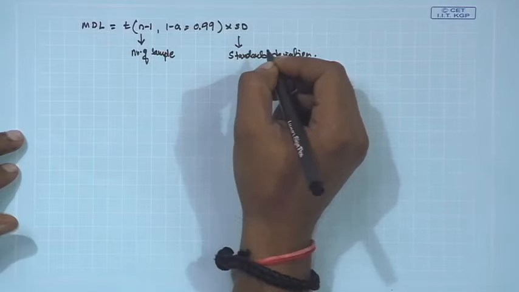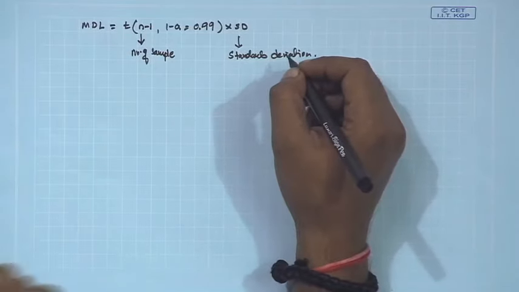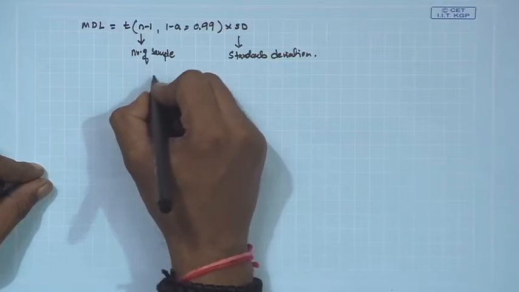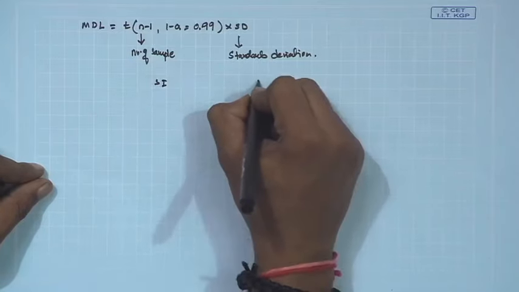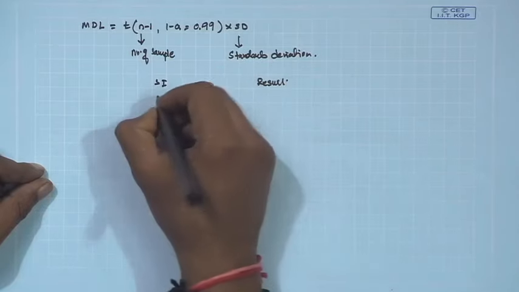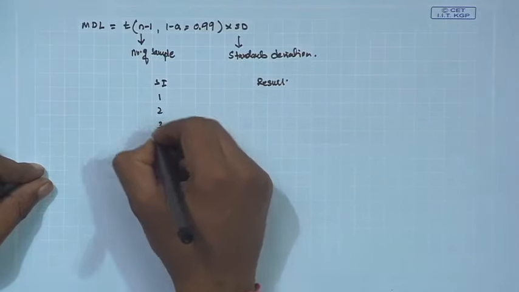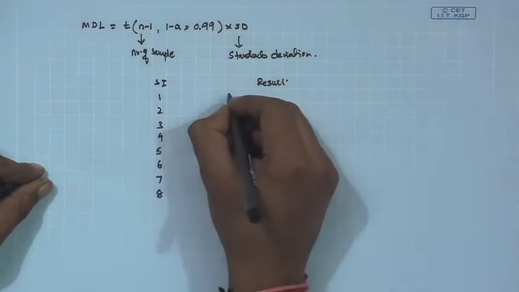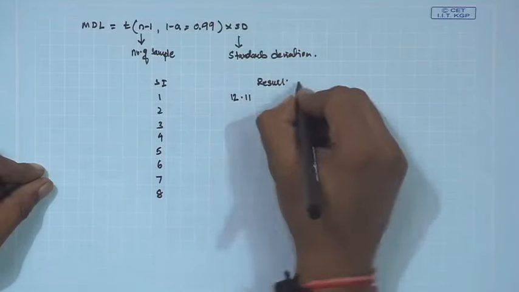To understand better, let us solve one numerical. The numerical is: calculate the method detection limit with 99% confidence level for the following sample analysis result. We are given 8 sample IDs with their values. We need to find the minimum concentration that can be detected. So, sample ID and result: 1, 2, 3, 4, 5, 6, 7, 8. And the value corresponding to each ID is this, in mg per liter: